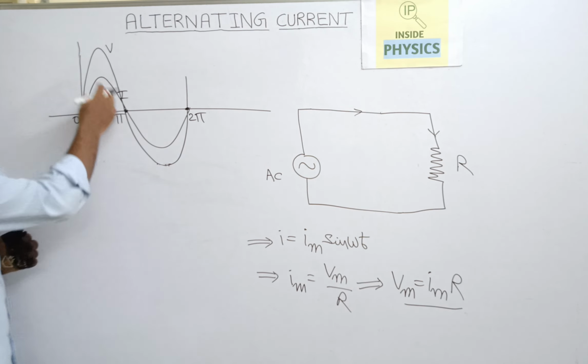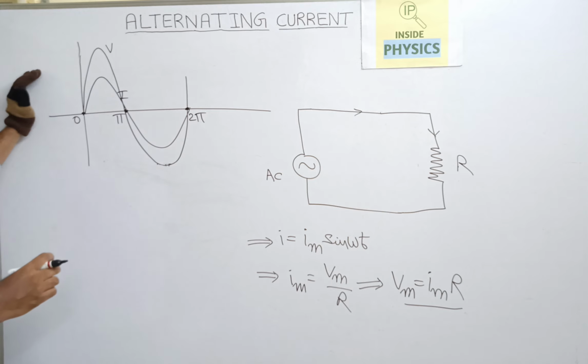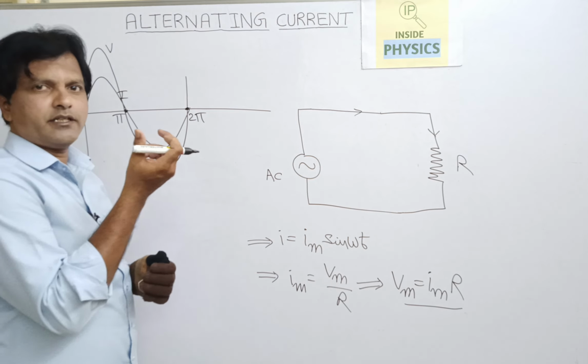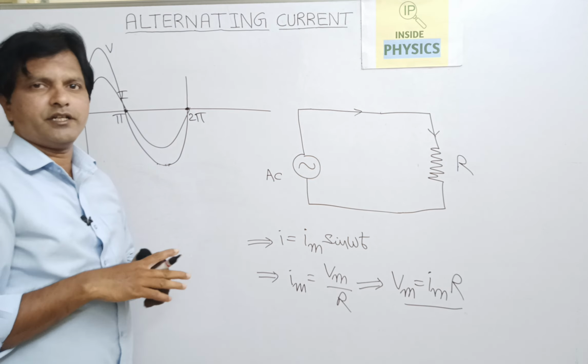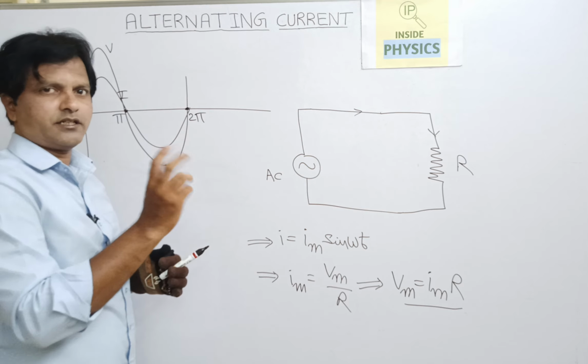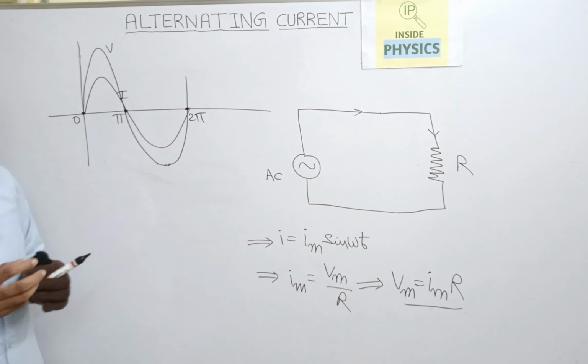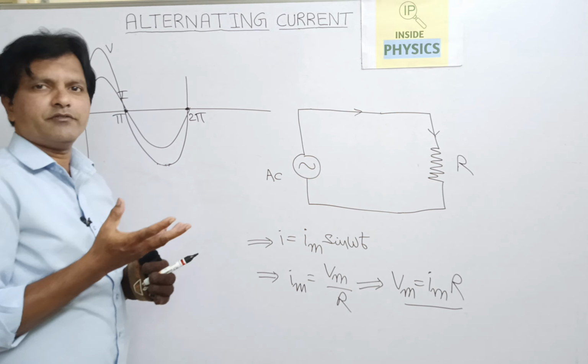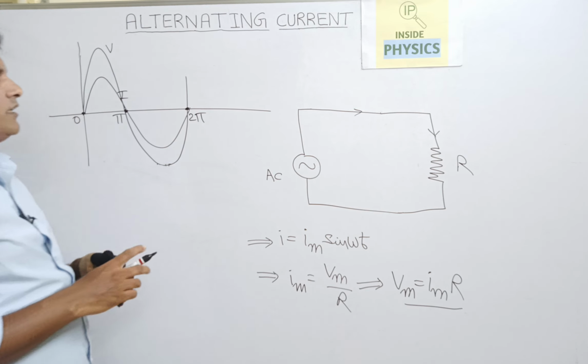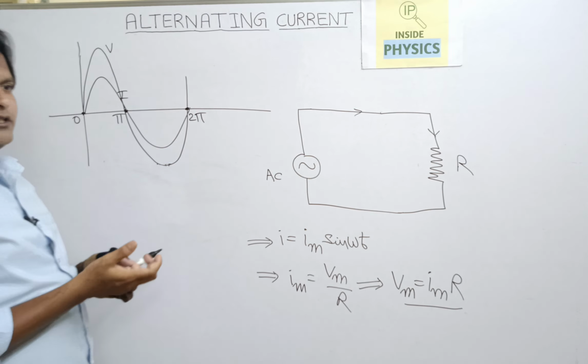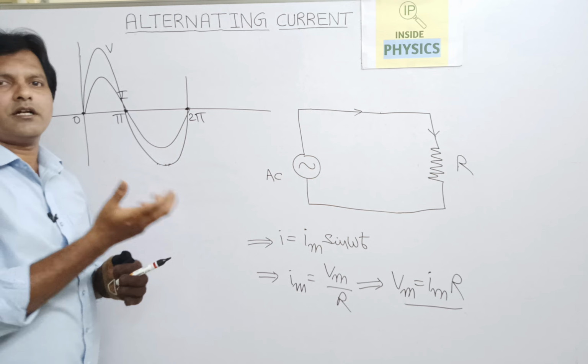So that is shown in the graph like this. We all know when a coil is rotating in a magnetic field and the magnetic flux is cut by the coil, there is an induced EMF in the coil. That EMF is actually the potential difference that produces the current